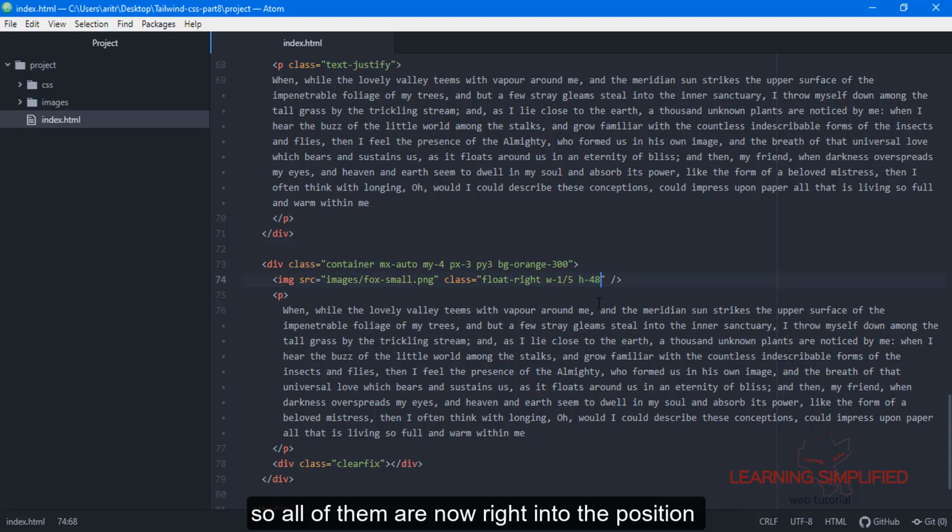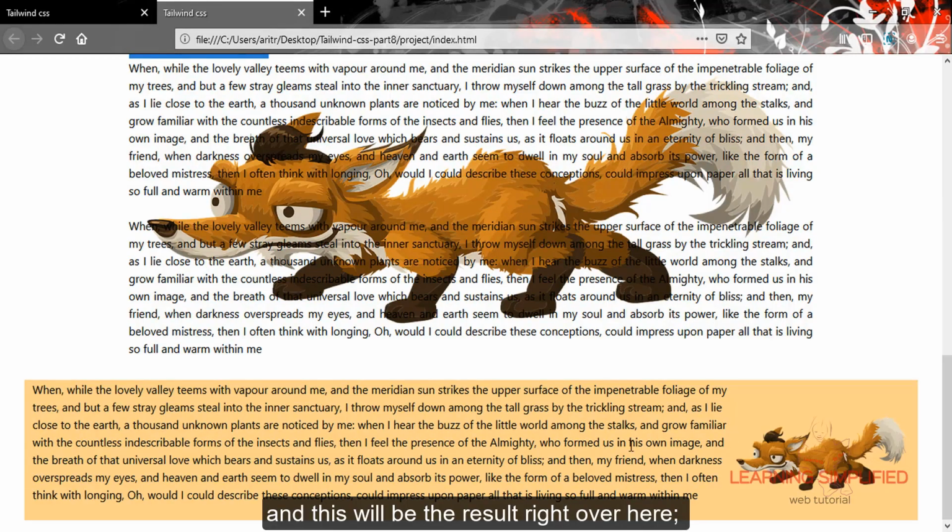So all of them are now in position, and we have ceased the floating of those individual elements to either side, and that is why we have made usage of this individual class of clearfix, and this will be the result right over here.